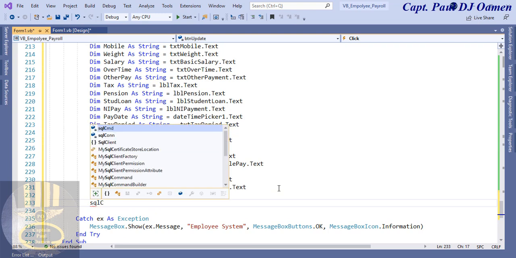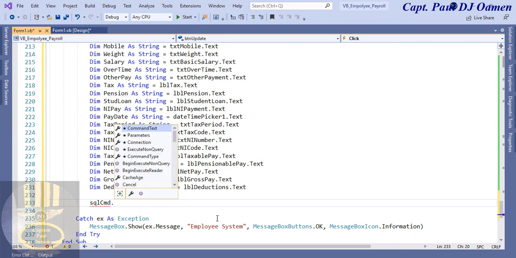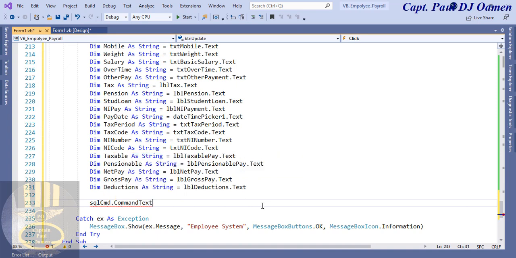SQL command.CommandText, and the text I'm going to use, let's use lowercase: update employee db set ID. Okay, update employee db set ID